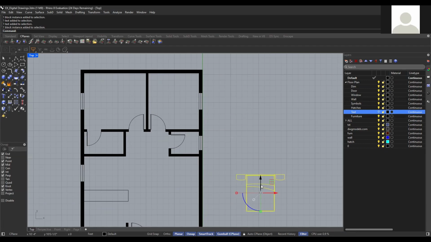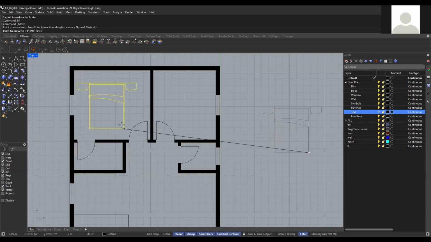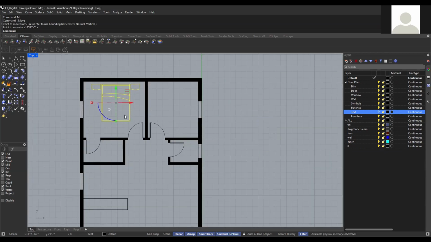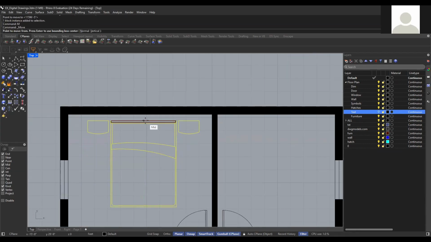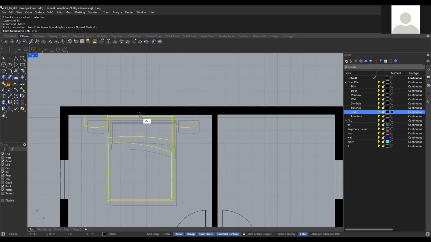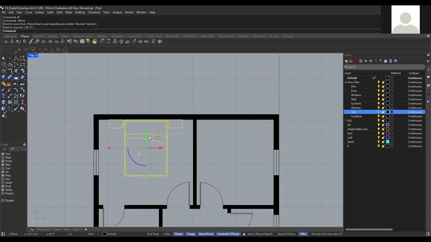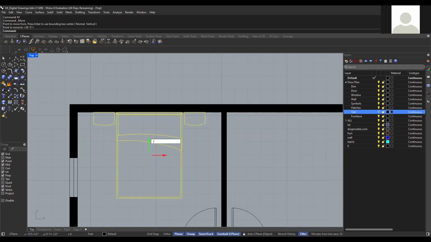So move this with the gumball, or even type move and then bring it here. I'm going to place this in the center, or mid, of this bedroom, and then I'm going to click on that and give it some space and gap between the wall